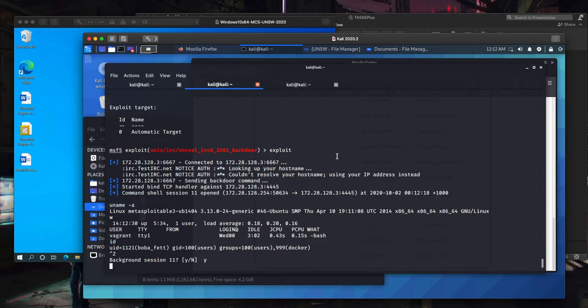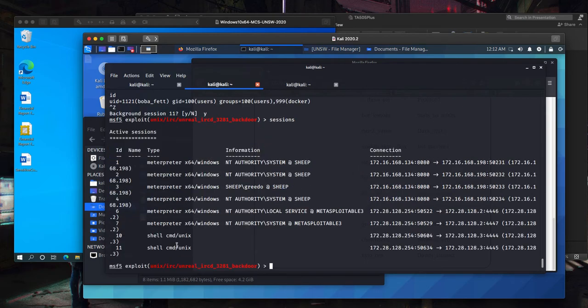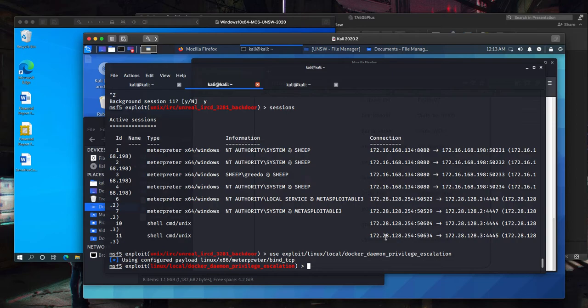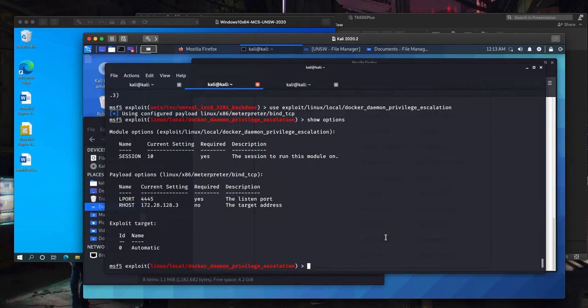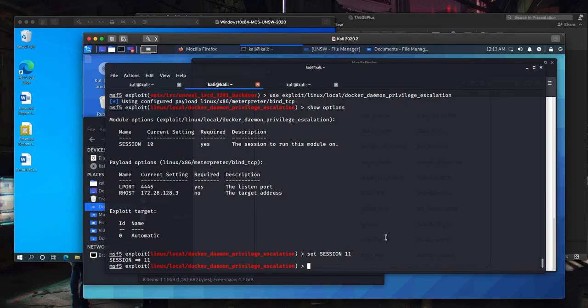So we are going this way, and we are sending it to the session list, which is session 11. In addition to ProFTPD, we now have another shell on this session. So let's search for our Docker exploit. The Docker exploit will still be useful for us, but not on session 10. This time in session 11,